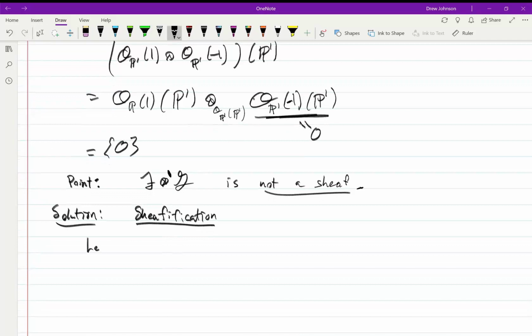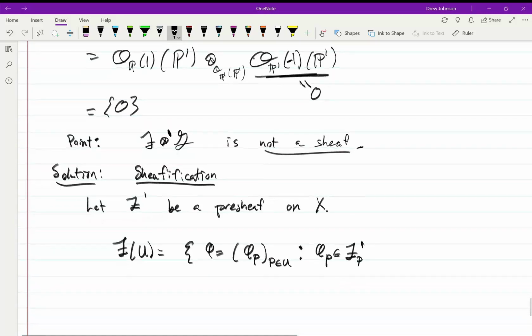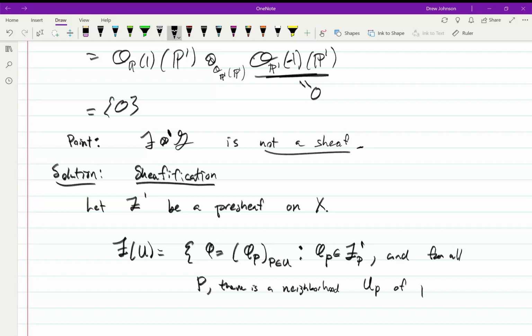All right, so let F prime be a pre-sheaf on a scheme X, and let's set F of U to be the set of all things phi, where phi is a collection of elements phi_p for every point p in our open set U, such that each phi_p is an element of the stalk of the pre-sheaf, and for all p, there's a neighborhood U_p of p in U,